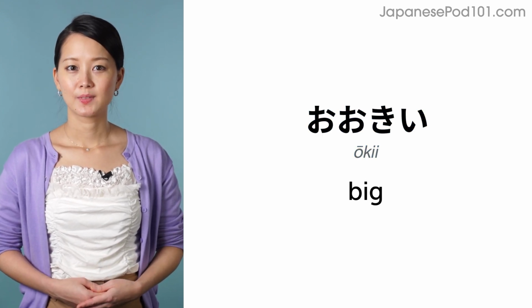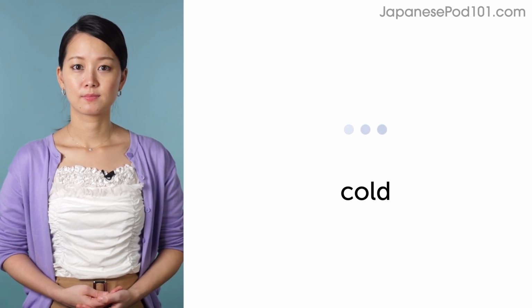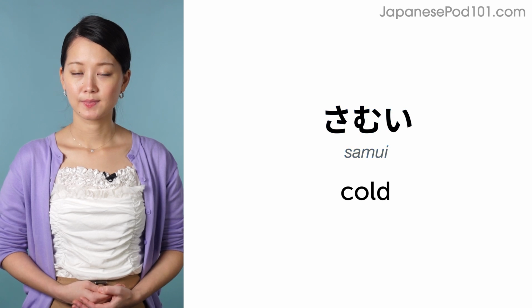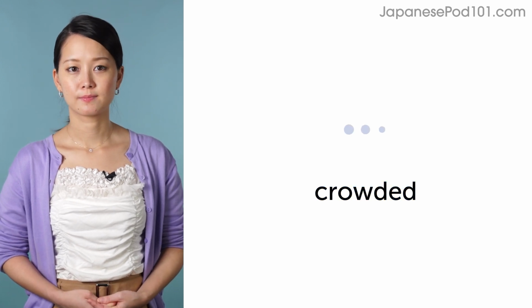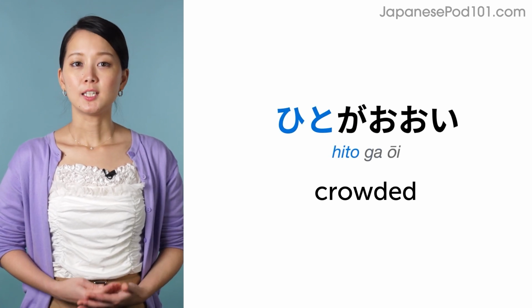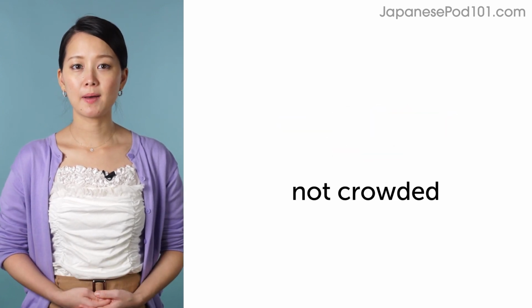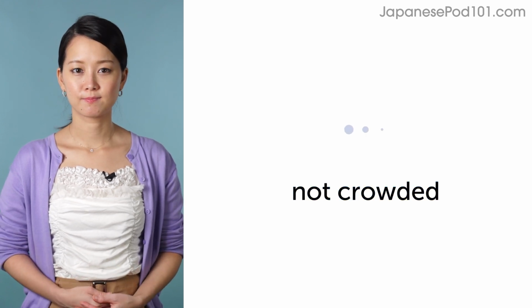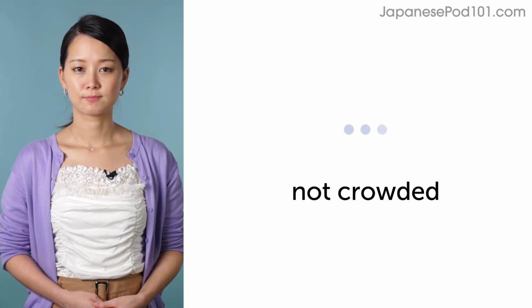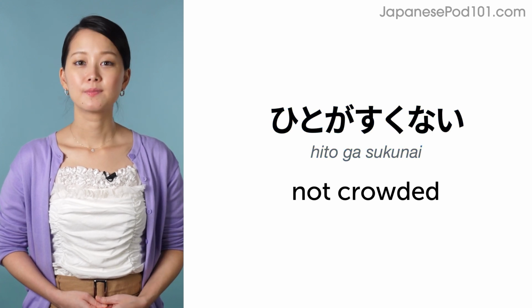And how to say big? 大きい。Do you remember how to say cold? 寒い。Do you remember how to say crowded? 人が多い。And do you remember how to say not crowded? 人が少ない。